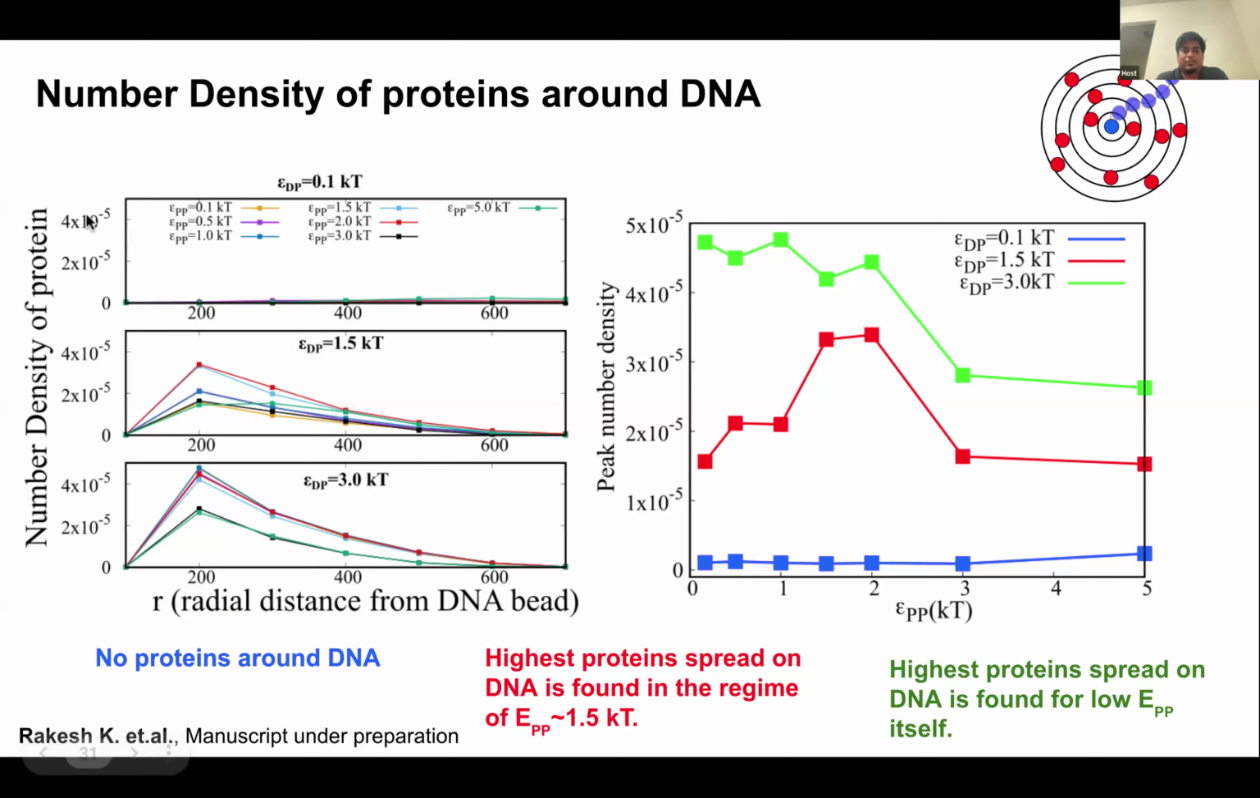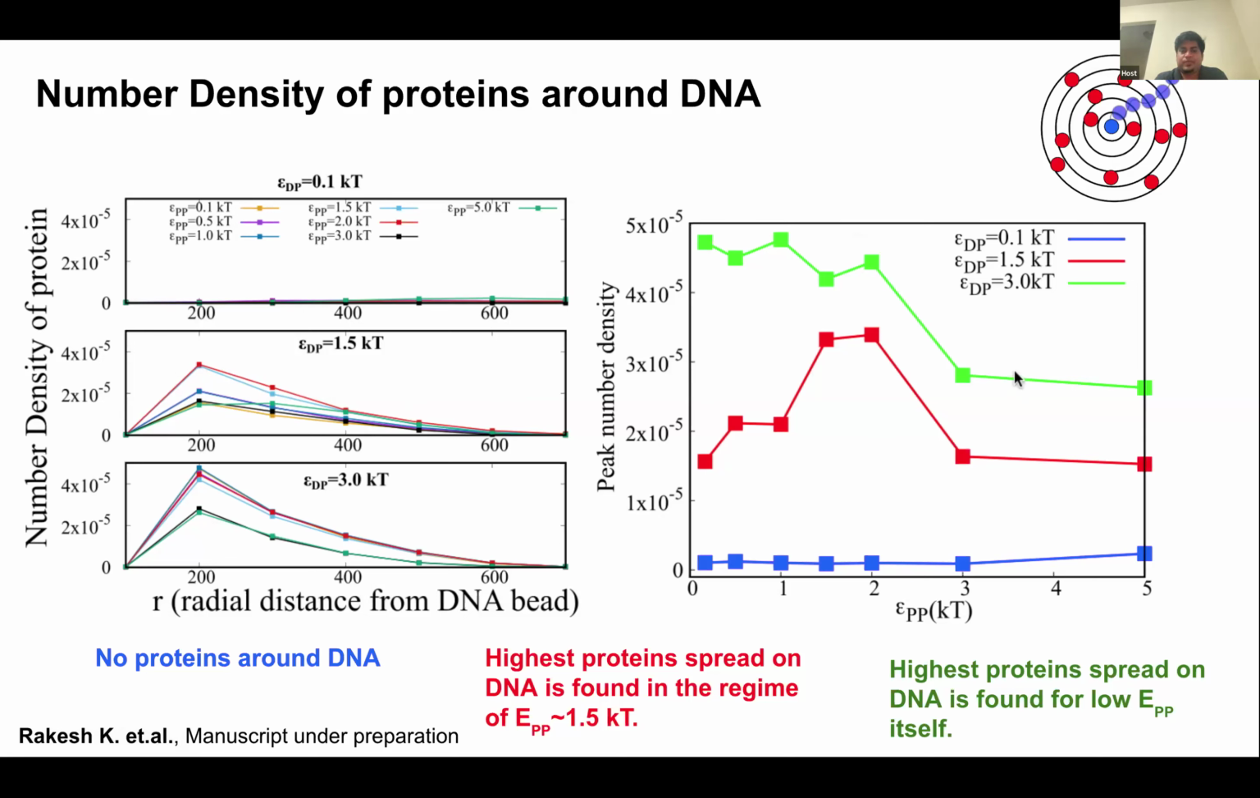So we plotted number density of protein along the radial distance from the DNA bead. For each DNA bead, we check how many proteins are nearby. For very low epsilon dp, there are no proteins around the DNA, so the value is around zero. For an ideal epsilon dp, you can see there is a peak in the 200 angstrom region. Peaks are observed in both the graphs, where each DNA bead has at least one protein around it. So we plotted the peak density values on the right side of the graph,